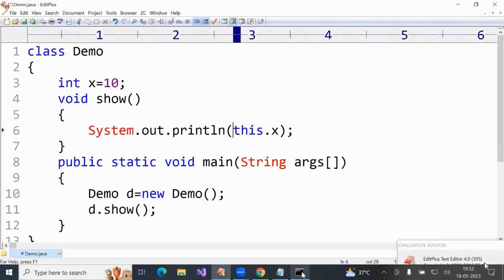Now you observe, if I remove this dot, working. If I add this dot, working. Already you know,